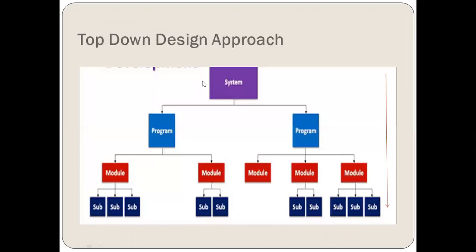Now, let's see how it goes. As I have defined, this is a generic model. We are also going to take an example to understand it in detail. This is a system, right? Now, this system is decomposed into further divisions. That is, let's say it is program 1 and program 2. This program is further divided into different modules, let's say module 1 and module 2, and this module is further divided into 3 parts, which are termed as submodules. Now you can see that these are the leaves.